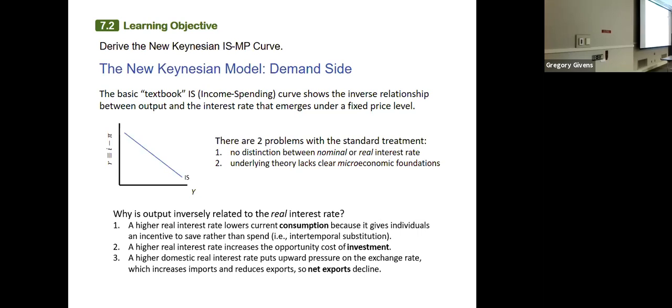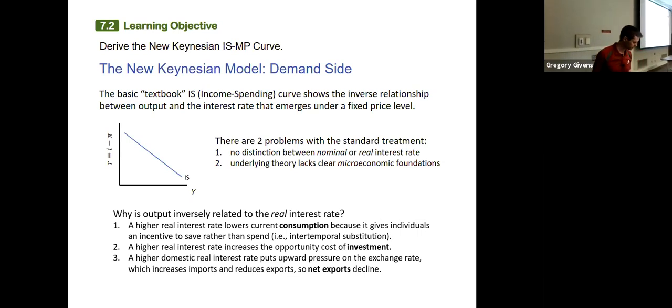So our exports start to decline and our imports start to rise. So what happens to US net exports? They go down. So you have consumption, investment, and net exports all tending to decline when real interest rates go up, or alternatively, if real interest rates go down, those three variables would tend to increase. I think that's a better story about why there's a negative relationship between the level of output and the real